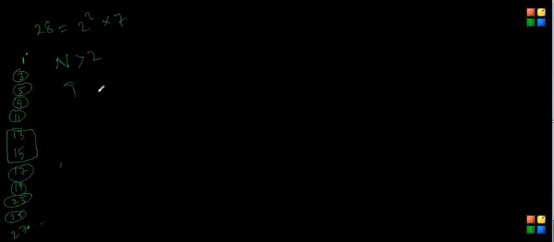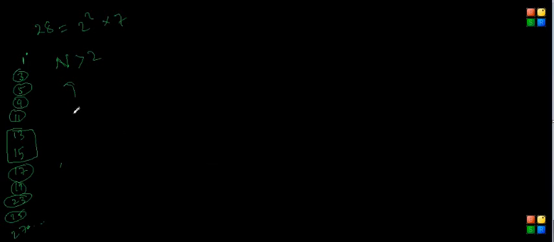Now let me say that I am interested in finding the sum of all the coprimes less than 28. We know that each of the pairs gives me the sum as 28. So all that would be left for me to investigate is how many pairs there are. If I know the number of pairs, and I know that each pair gives me the sum as 28, I simply know the total sum, which will be nothing but